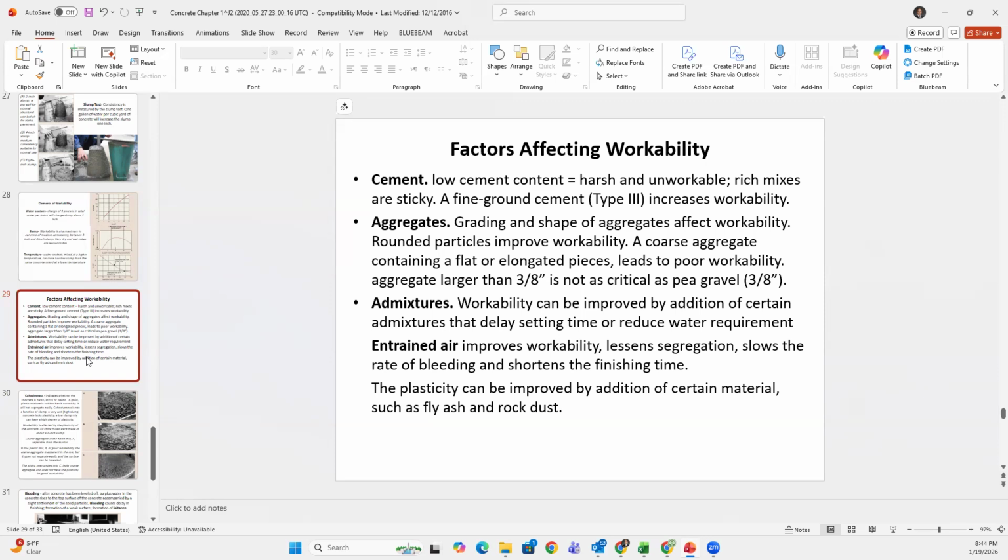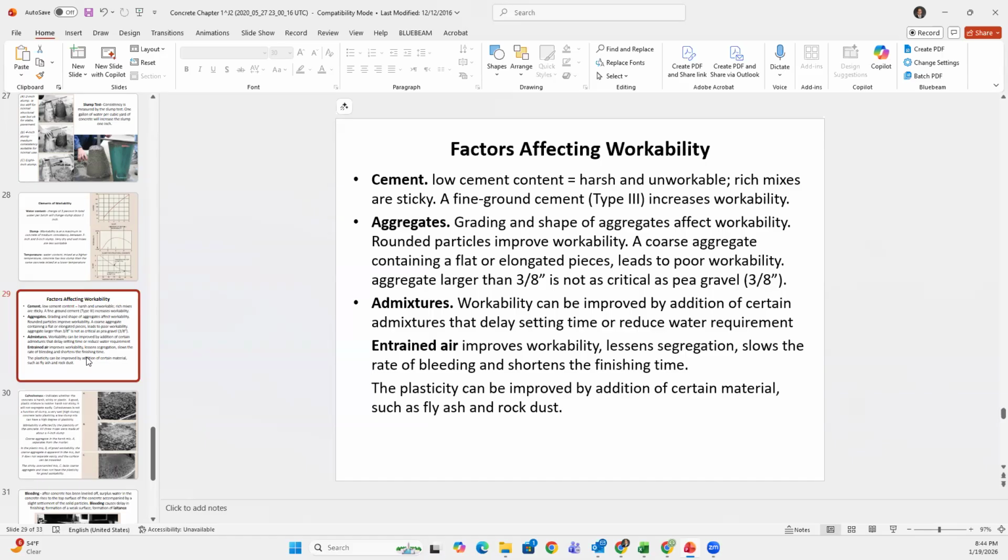If you've got a big elongated piece, it's hard to blend it with the rest of your mix. Let's say you're dealing with a soup. The big rock, you shouldn't see it in your concrete. You should see a good mix of